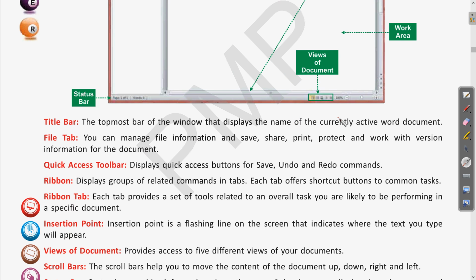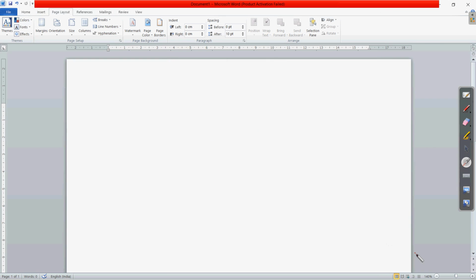If I show you in the software window also, you can see at the bottom, here it is visible. Let us mark this. Clear? So these are the view buttons. We will see later what view is used for which purpose, then it will be more clear. So these are the uses of the different view buttons.